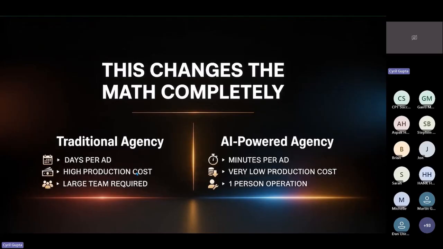And you need a large team, because not one guy can do everything, right? You've got to have a copywriter, a guy who does the copy, you've got to have a designer, you've got to have a guy who takes care of the angles, who knows the product. So all of these things are hard.